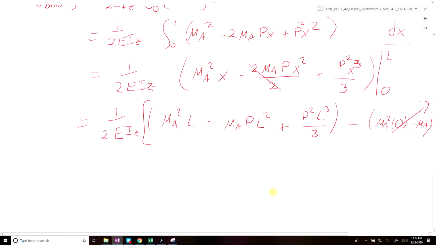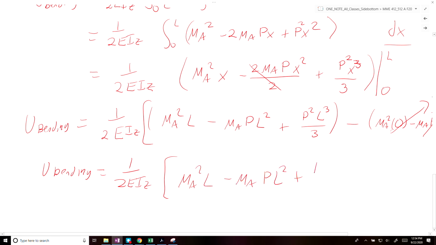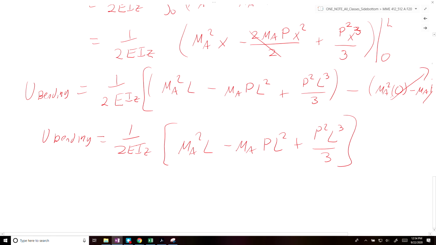Okay, so this is our u bending. Let me just rewrite that real quick. So u bending is going to be equal to 1 over 2 e to the iz times ma squared L minus ma p L squared plus p squared L cubed over 3. Then we're going to take the derivative. So we know that the slope at that point A is going to be equal to the derivative of u bending with respect to